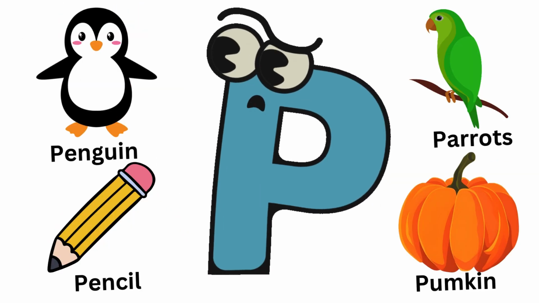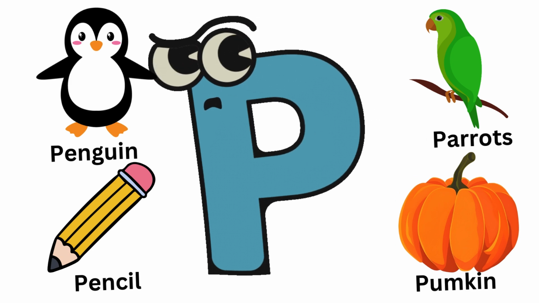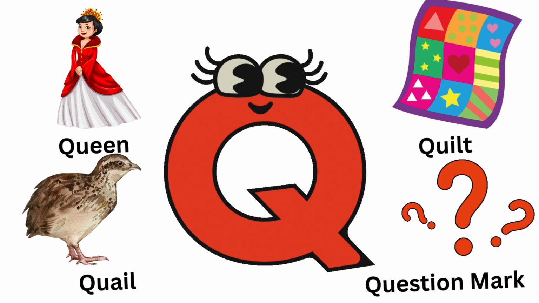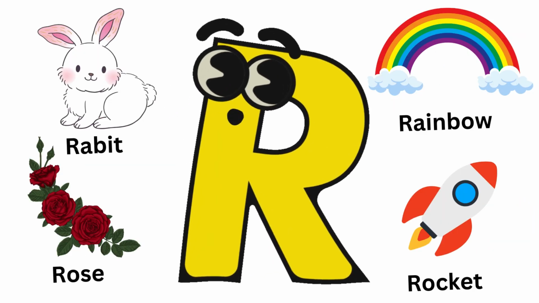P is for penguin, P is for parrot, P is for pumpkin, P is for pencil, Q is for queen, Q is for quilt, Q is for quail, Q is for question, R is for rabbit, R is for rainbow,